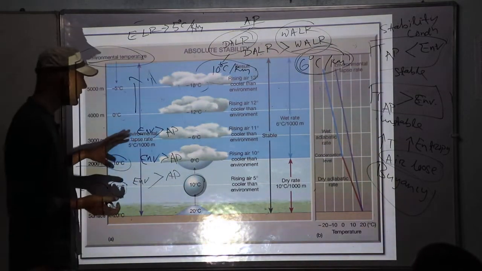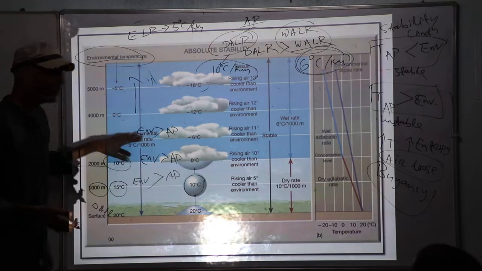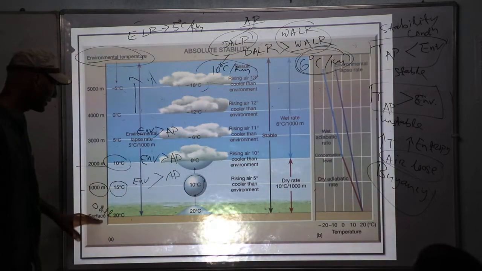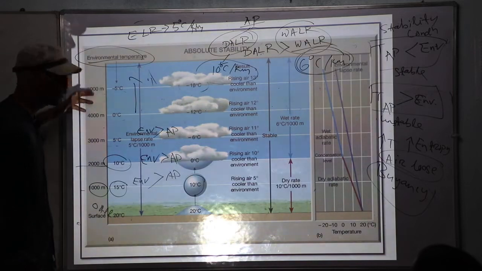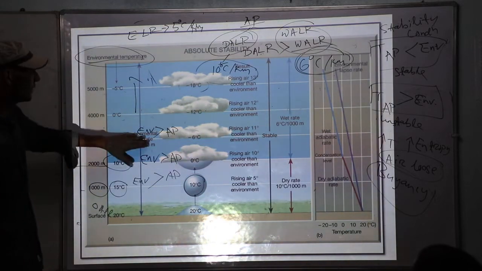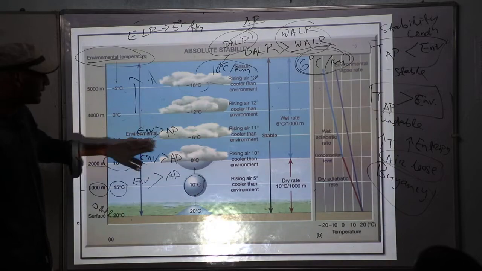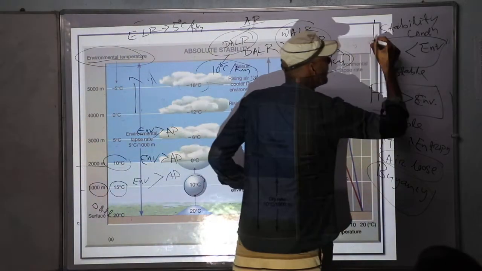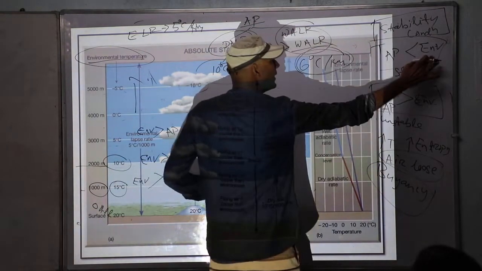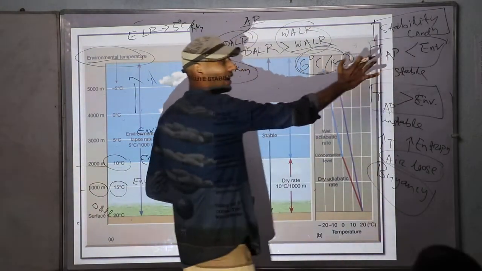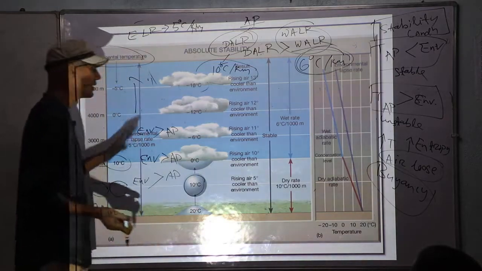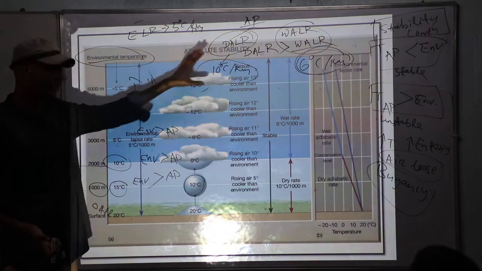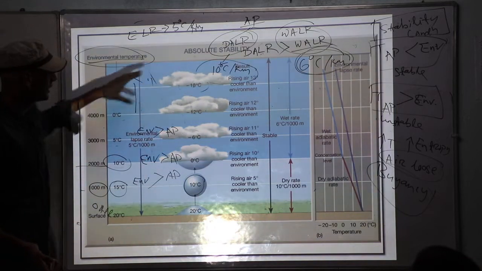At every altitude you can see the environment has greater temperature than the air parcel. At every altitude, whether that is the surface, 1 kilometer, 2 kilometer or 5 kilometer, the environment has higher temperature than the air parcel. As I have already told you, the stability condition is that when the environment has higher temperature than the air parcel, it will become stable. So this is the condition of absolute stability, when at every altitude